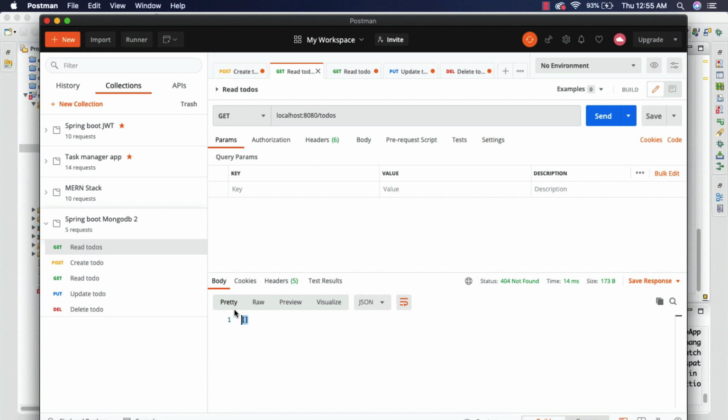Alright, so now we have covered everything we promised, and the last part is deploying it to production. In the next part, we're going to deploy this application to Heroku, and we're going to set up a database in our MongoDB Atlas. So that is coming up in the next part. I will see you in the next part.